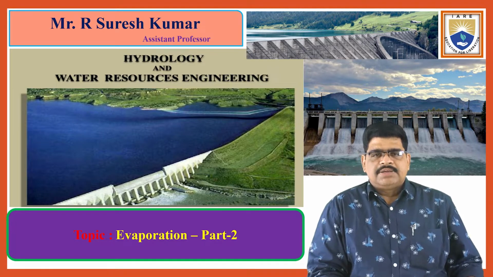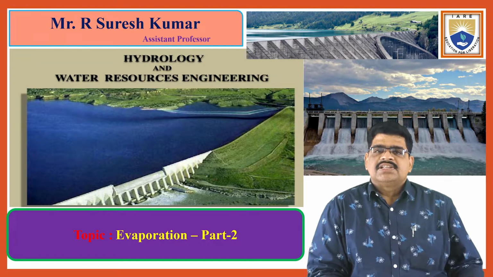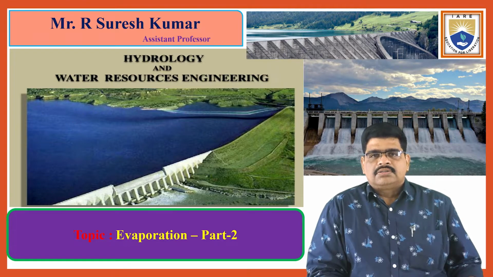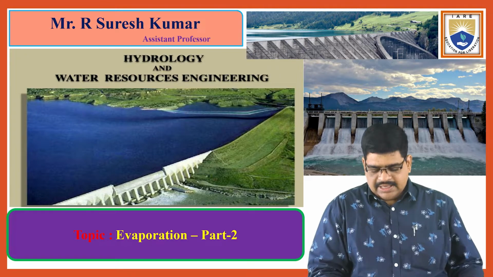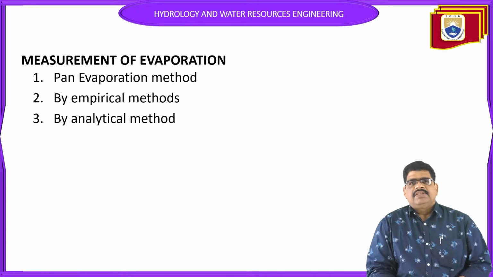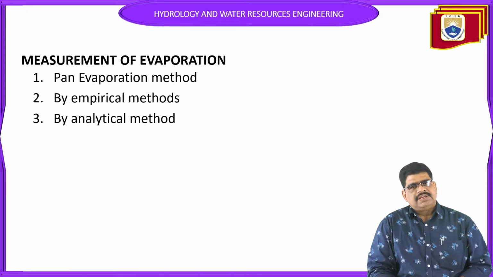These are all types of pans, and their dimensions, uses, and where they can be applied were discussed in detail in the previous class. The measurement of pan evaporation is also covered in the previous sessions. So now we have to quickly move on to the topic of the empirical